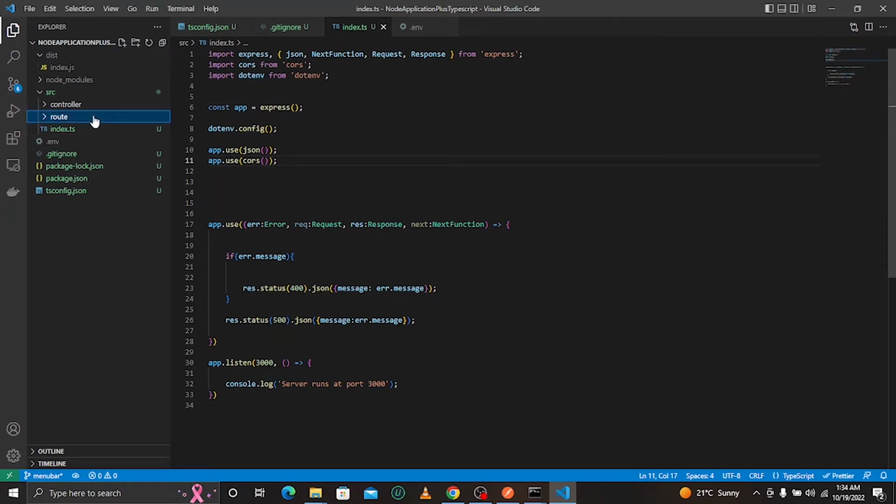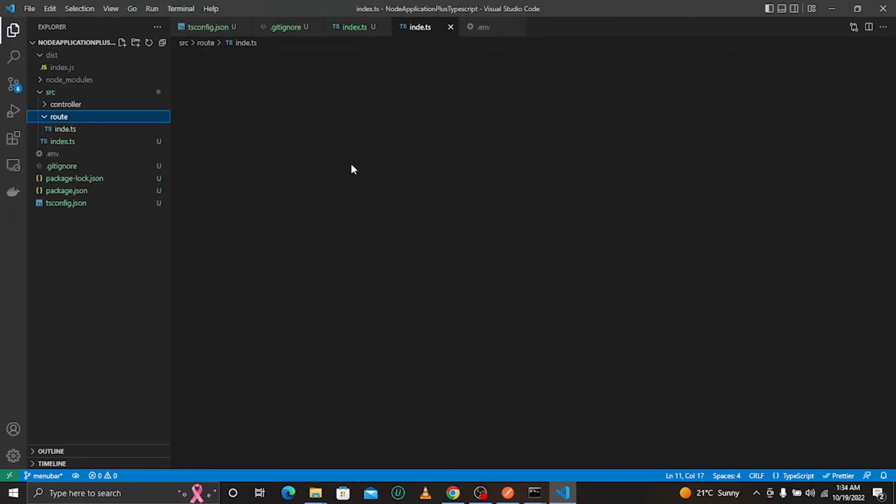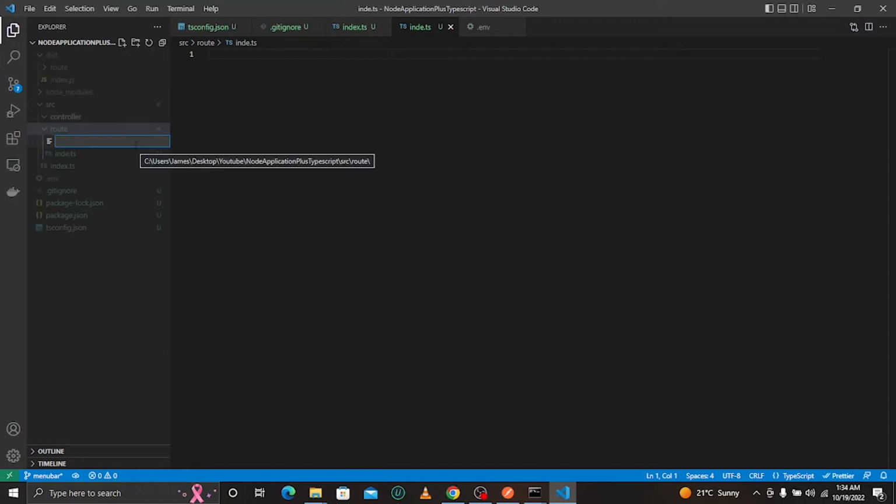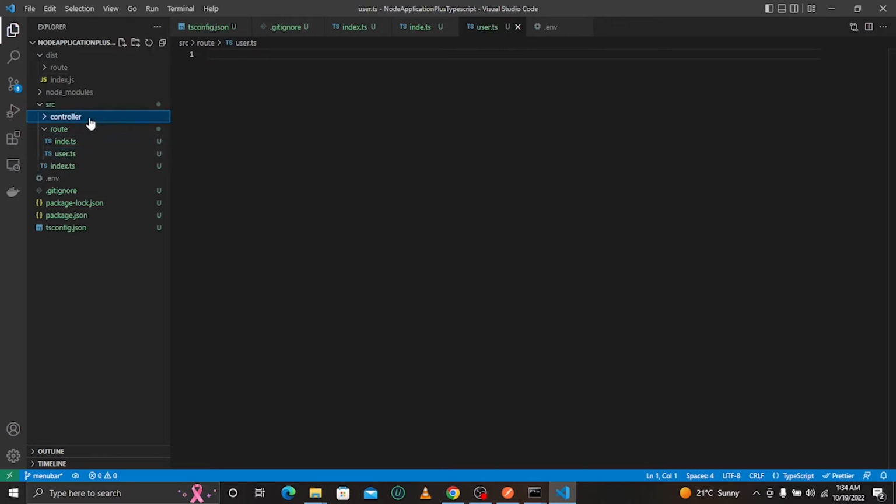We can just start by creating index.ts, and I will show you the meaning of that ts. And we can maybe start by creating our first route. Maybe we are building a sign up application. So we can add a file called user, maybe it's for authentication or something of the sort. We can use user.ts, and then we can come here at our controller and add